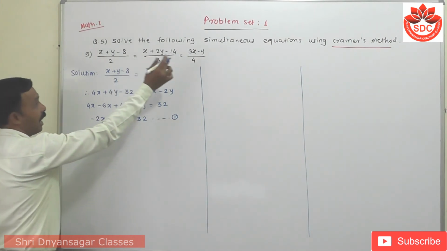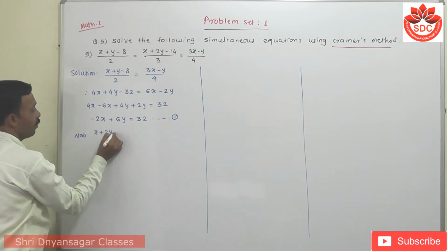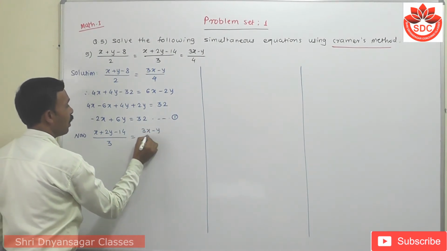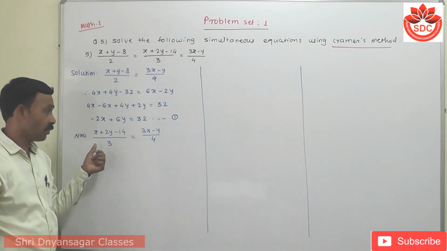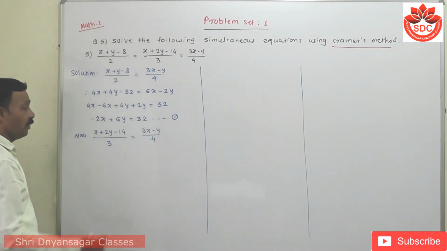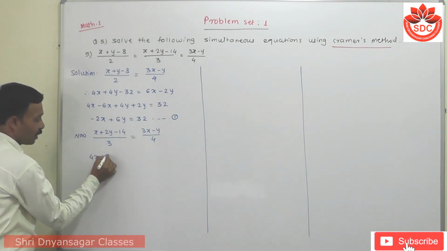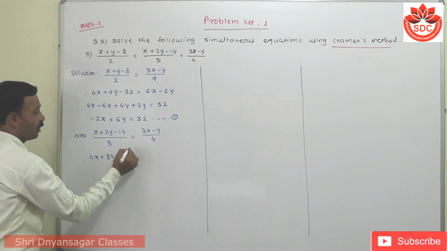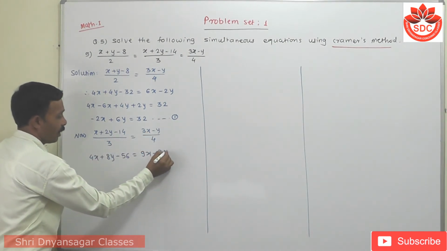Then we have to take the next equation by taking the remaining pair. So second and third I have to take here. Now, second one is x plus 2y minus 14 upon 3 is equal to 3x minus y upon 4. Student, again by cross multiplication, I have to directly write this cross multiplication. Multiply this 4 to this whole expression and this 3 by the 4th bracket. Now, then 4 into x is 4x. 4 into 2 is 8y. 4 into 14 is 56 is equal to 3 threes are 9x minus 3y.